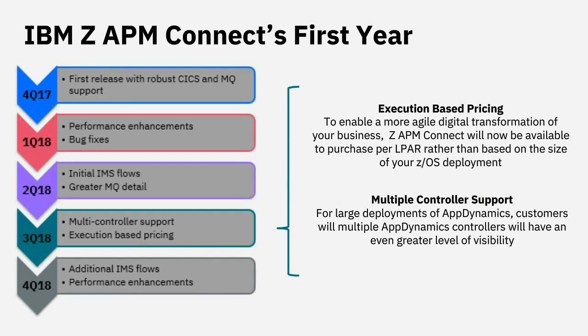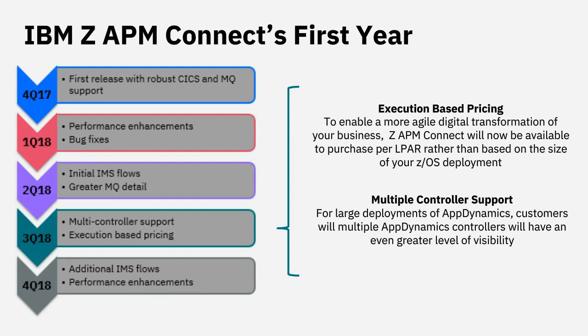So like I said, at the beginning of this partnership, we looked at initially supporting out of the gate a lot of CICS and MQ, with the middle and end of this year being about wrapping up our support for IMS. But we have also added some really key enhancements that just make the product generally more usable for our